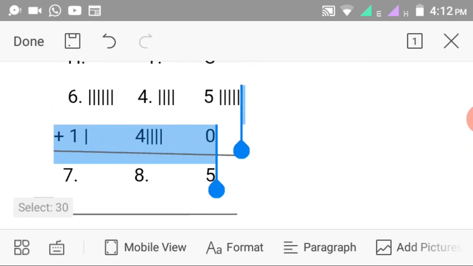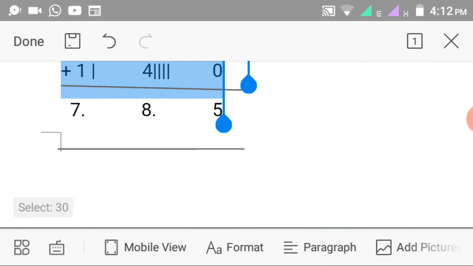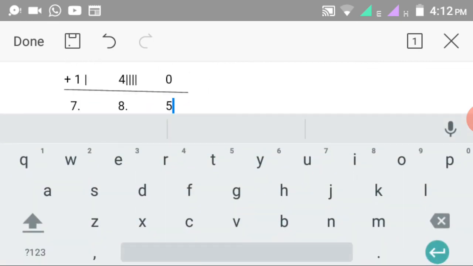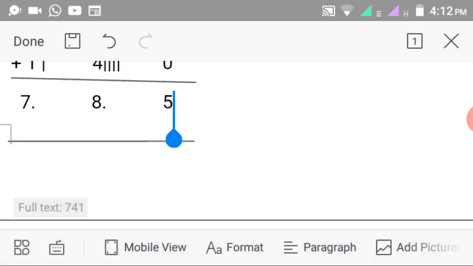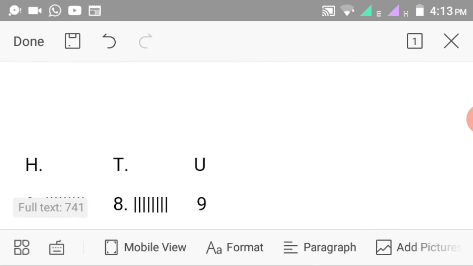Now, yes, remember that we have only 1 in this place. After you've counted 1, you are not going to count that 1 on that 6 to it. You are only going to count the 1 that you've made as a straw. So my answer is going to be 805. That is my answer.